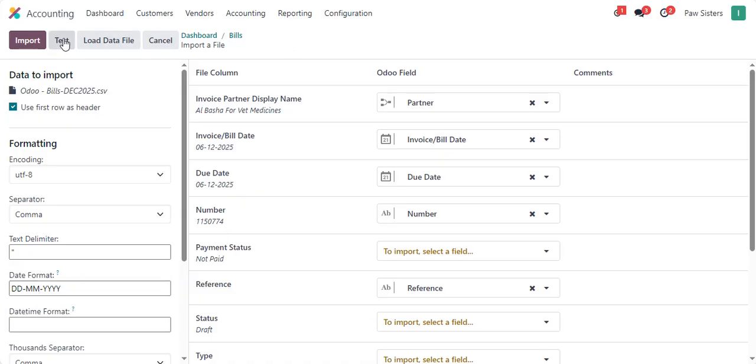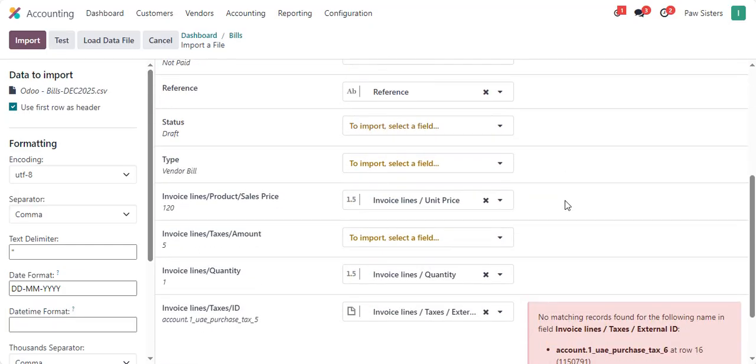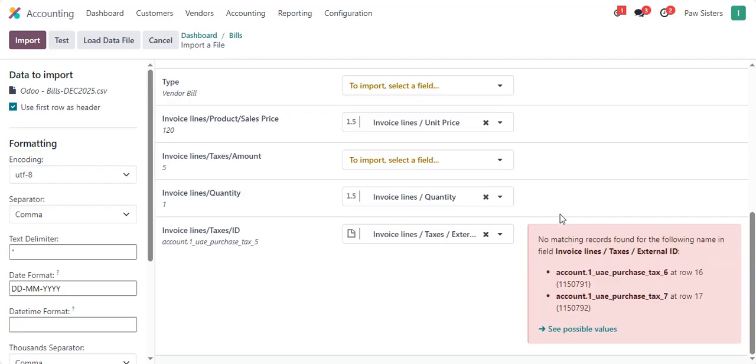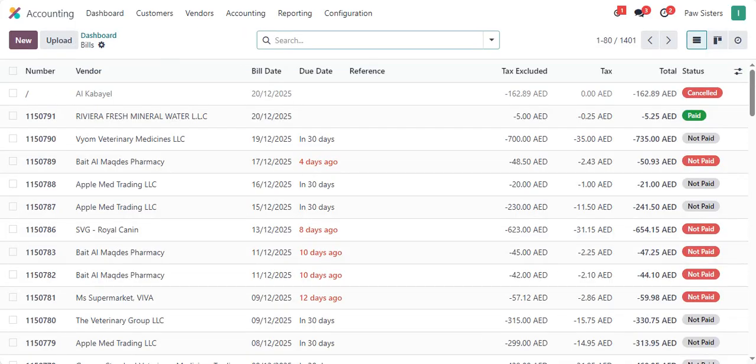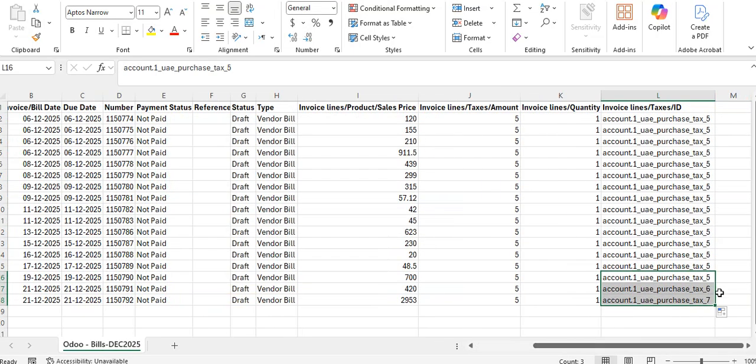And once this is done, we'll test. It's saying the file contains blocking errors. In this case the copying of the tax ID has been incorrect, so we will cancel this import and correct this error, because once you copy it, it will increase the value. It's increasing the value, but we don't have to do this. It should be the same value. So we will copy it, and here we will say copy cells, so it has to be the same value. Now we save this file